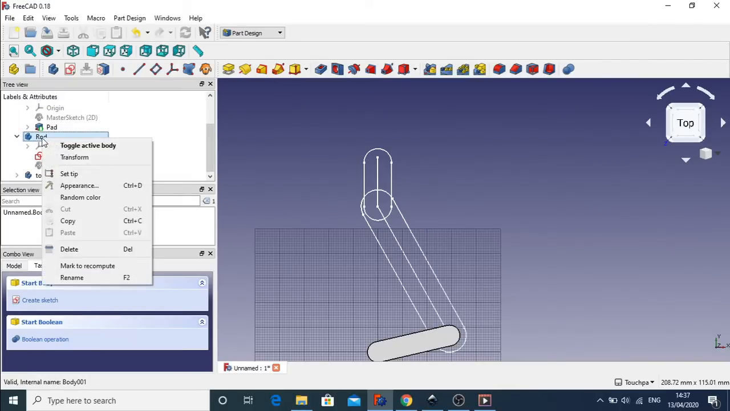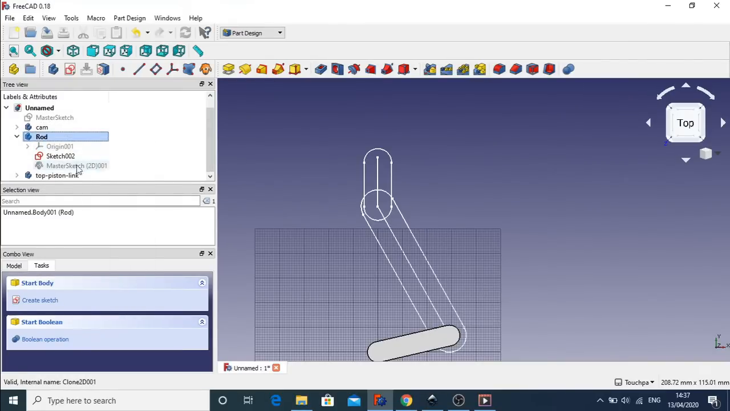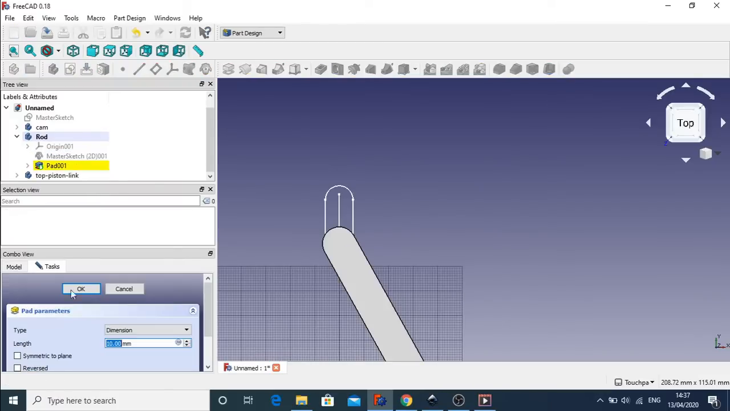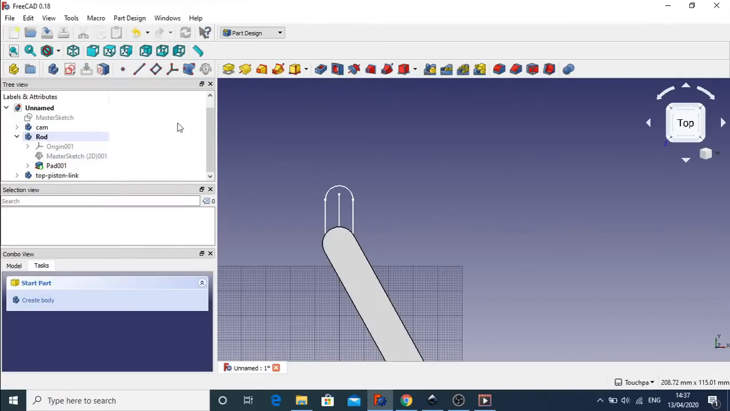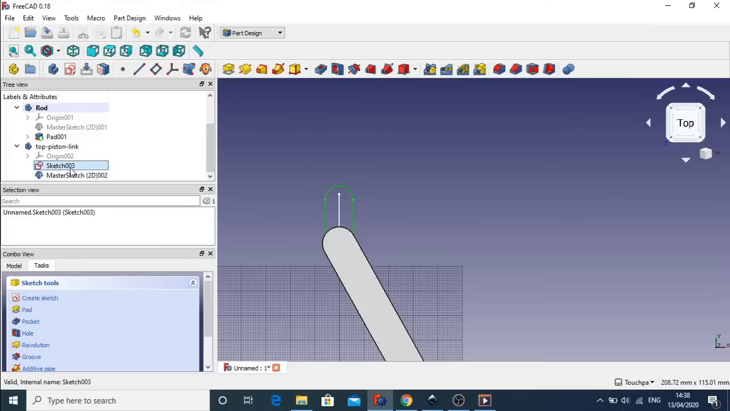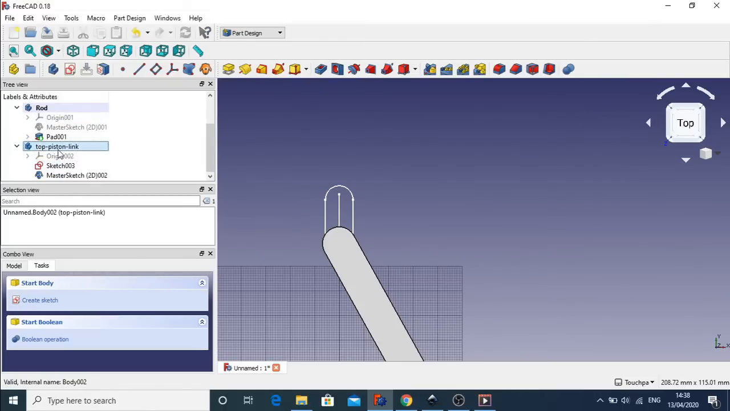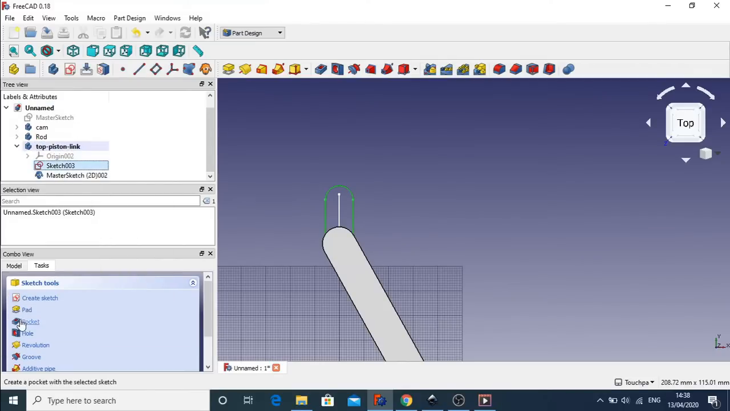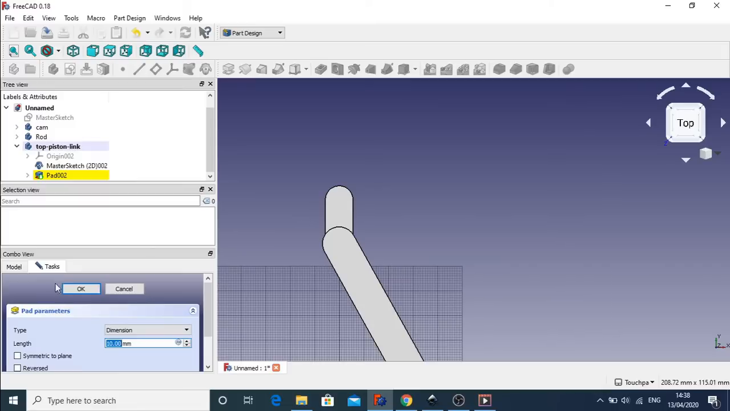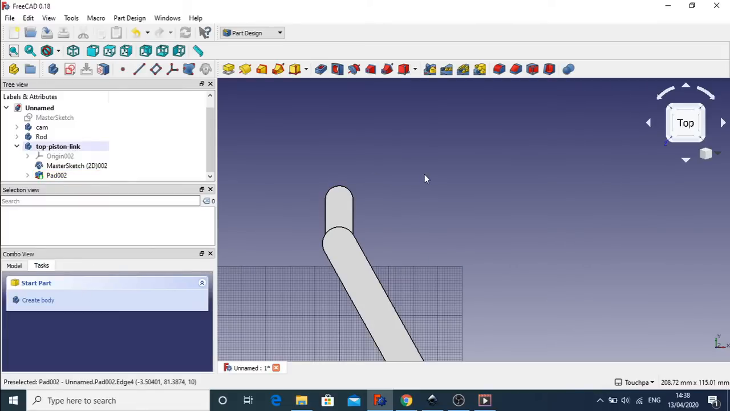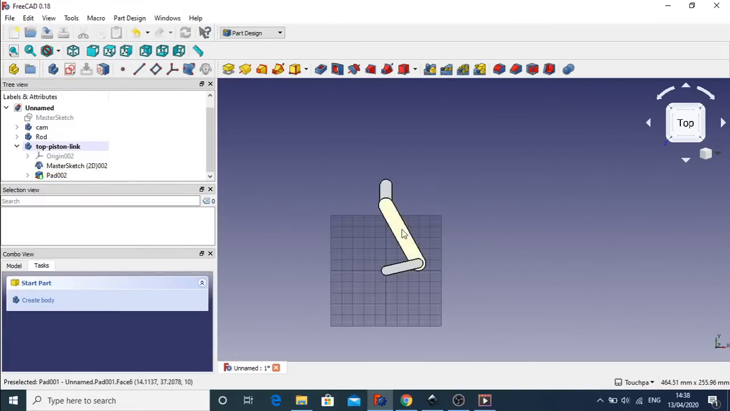And do the same with the rod, toggle active body, pad that one, click OK, and do the top piston link as well. Click on the sketch, sorry, make that active, click the sketch and hit pad. So now that's all padded up nicely,